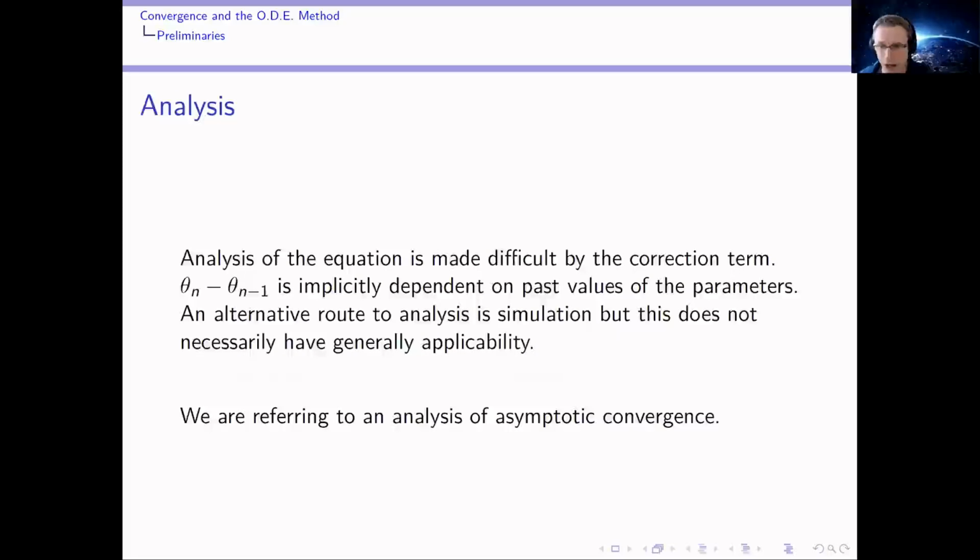So the difficulty of the analysis of the general adaptive form lies in the fact that the difference term is dependent on previous values of the parameters. Now, we could simulate the algorithm to understand its behavior, and this would be perfectly fine, were it not for the fact that this simulation is specific to instances of the problem. And the objective here is to introduce a method that has general applicability. Simulation is important, though, for studying aspects of transient behavior, convergence rate and finite sample properties. So it's useful alongside a general analysis method.